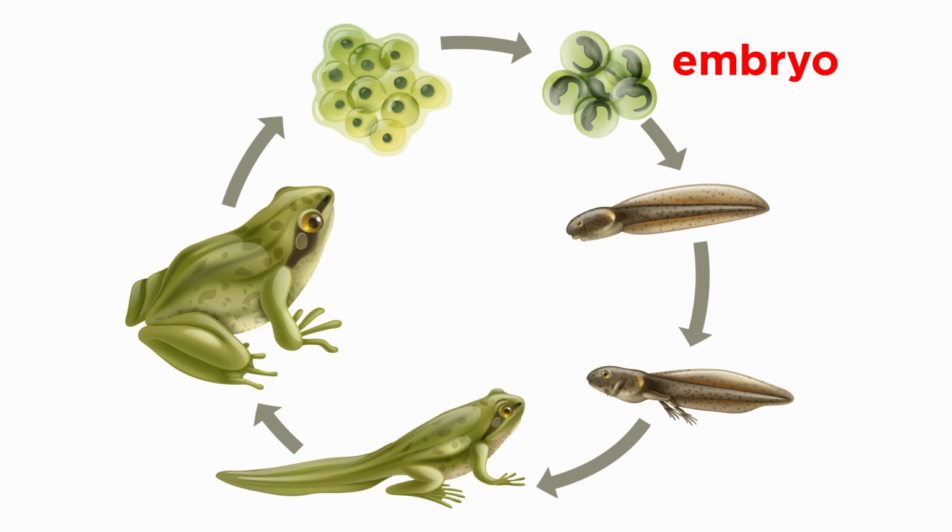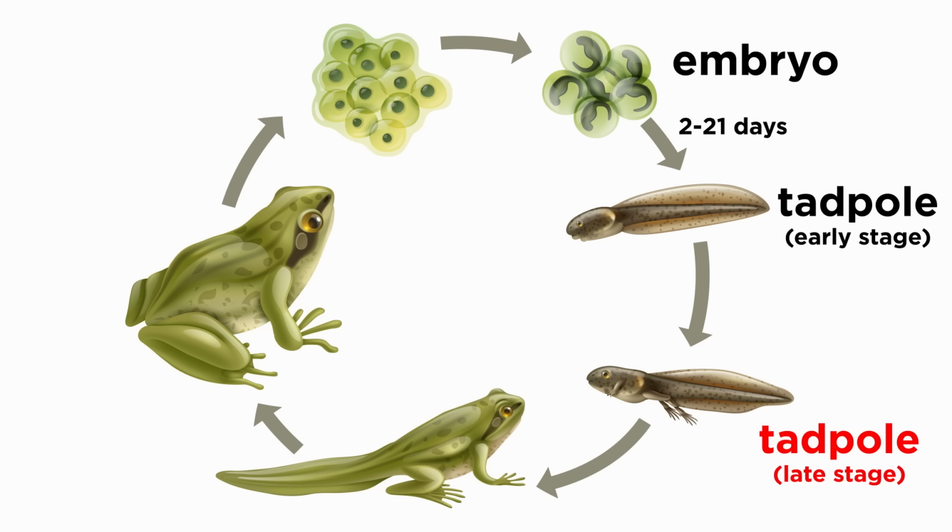This is nourished by yolk until it hatches 2 to 21 days later as a tadpole with external gills that grows a skin fold over those gills and begins its herbivorous or scavenging life. These tadpoles have a distinct head, trunk, and tail, and develop into froglets by first growing their hind limbs, followed by forelimbs, and then absorb their tails, and completely rearrange their respiratory and digestive systems for a semi or fully